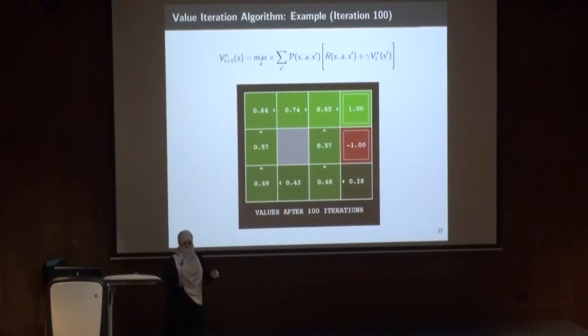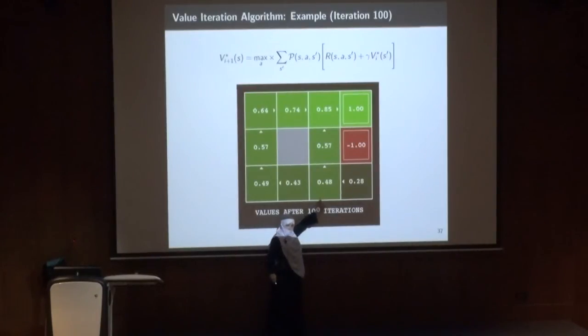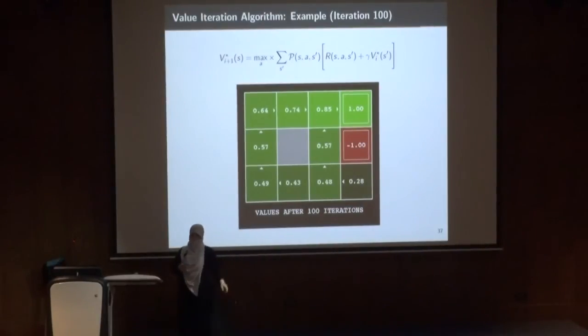If I have a deterministic policy, I could have a stochastic policy. In this case, they took the risk, and we can go up, even though I have a probability of 0.1 of going to the right, to the danger zone. Because of my reward function and everything, the value of this state is higher than the value of this state. If I have, for example here, instead of minus 1 a minus 100, then probably the value of the state will be higher, and then the agent will go all the way up to reach the diamond.